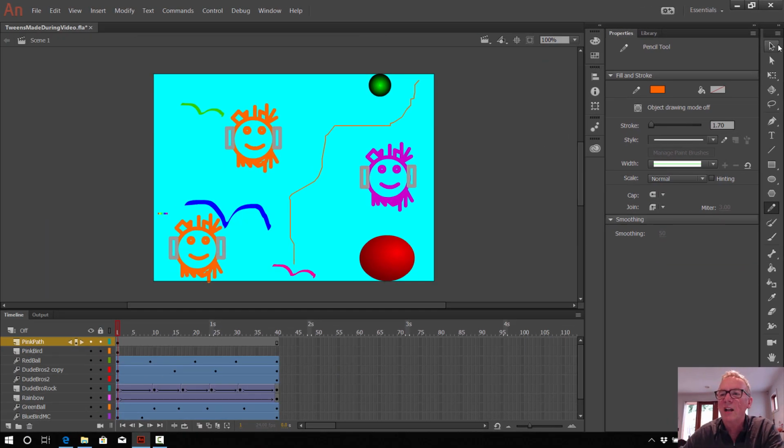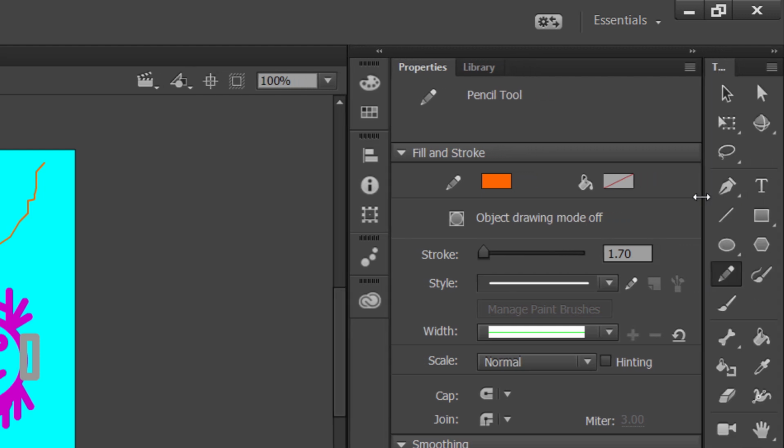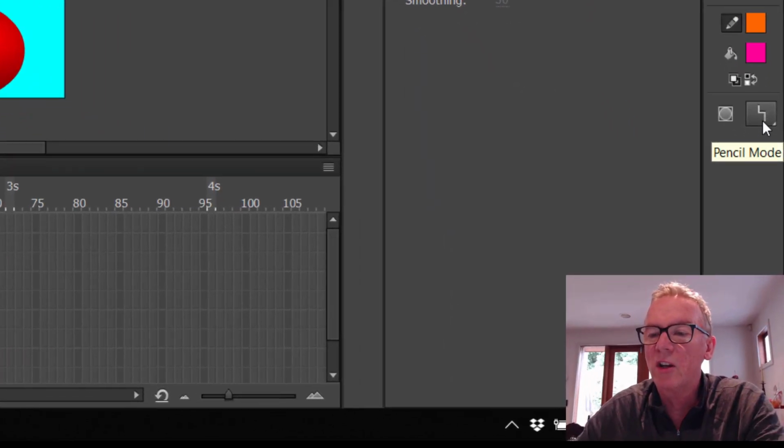Now in the old Flash, down the right hand side here on the pencil, there were these controls where you could set it to straight line staircase like this, or you could do smoothing, and those controls aren't there. Anyway, this drove me nuts until I figured out that they're still there, but what you have to do is get over here on the right-hand side where your tools are and slide those tools to have them side by side, and then you can get to here, which is the pencil mode down the very